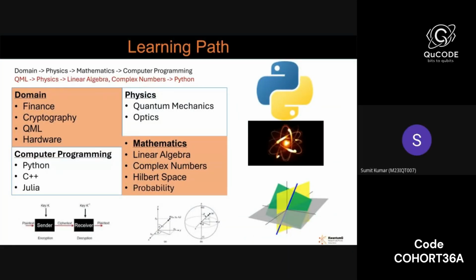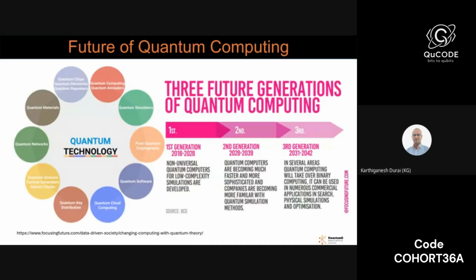Yeah, now you realize this is the learning path. What are you going to do? Obviously, you should understand what the features of quantum computers are. Now this is the report from Boston Consulting Group. They did the market research, industry research, scientific research, observed the market, observed the inventions and discoveries.